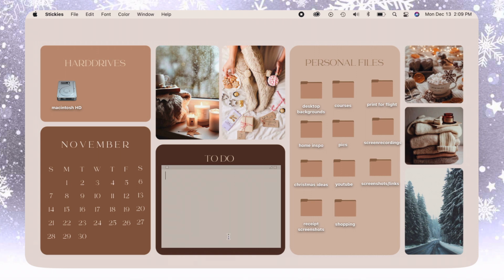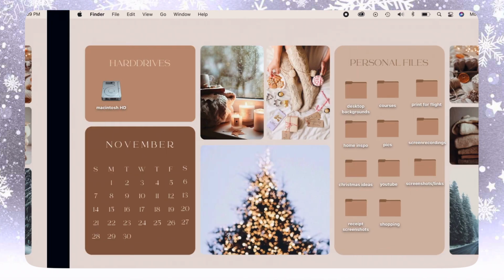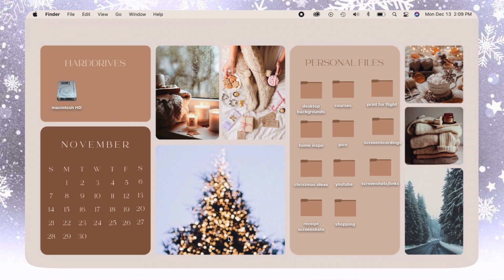But when you go to the next window by swiping 3 fingers, if you do have multiple desktops like I do, the stickies don't cross over unless you have another sticky on that window. Instead, I added a photo to this box and had 2 different desktop screens added to each window, if that makes sense. Just wanted to make it a little bit different on the other window.